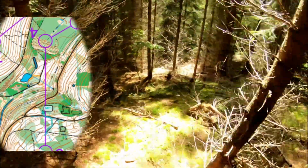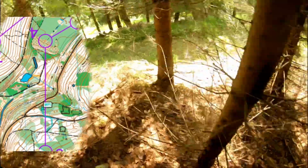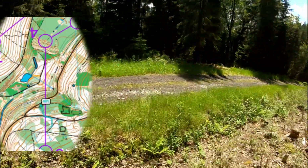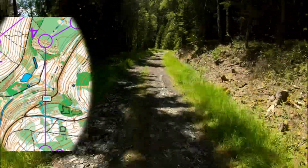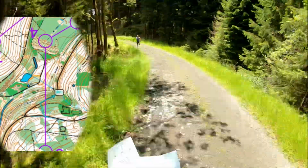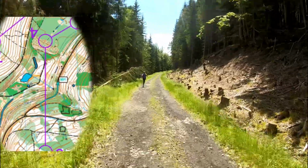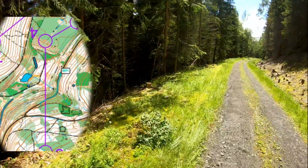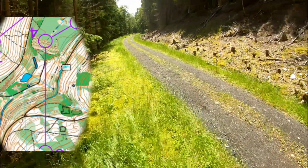Now basically I continued along that big road until I reached a point where I thought, okay, this looks like this dark green area, and I'm going to cut it here straight to control number 4. So I will speed it up a little bit here. Funny enough, apparently this guy also had control number 4 as I did, and he entered the forest here, so I kind of followed him, I think,